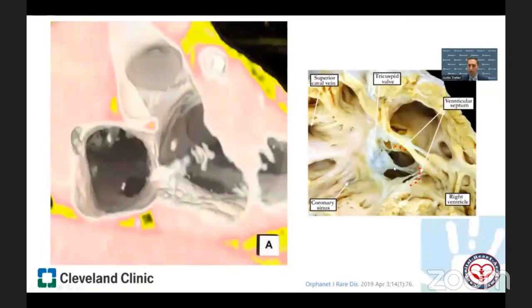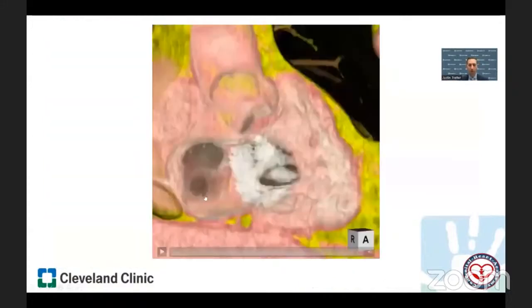But this is in comparison here to this very similar heart specimen viewed in a right anterior oblique view, where Diane has marked the crest of the ventricular septum, and the AV node is going to be displaced posteriorly and inferiorly from its normal position at the apex of the triangle of Koch.